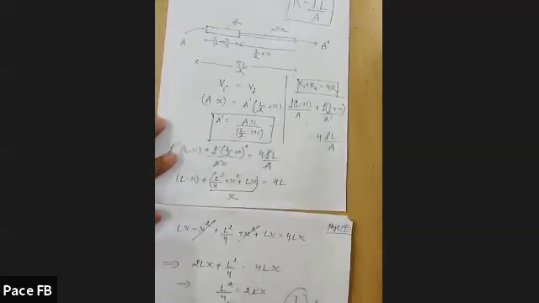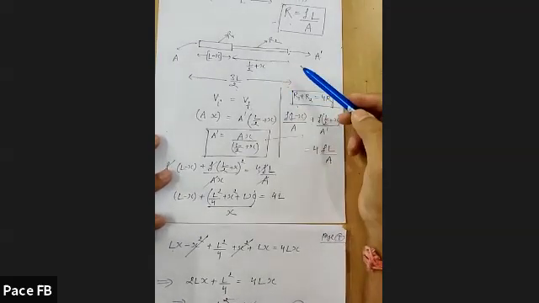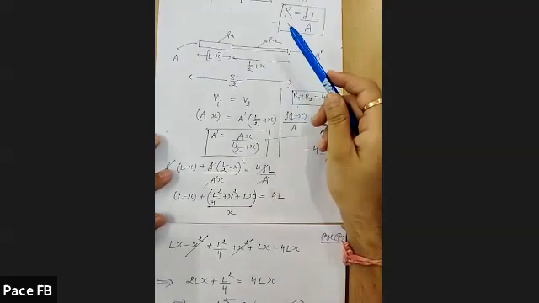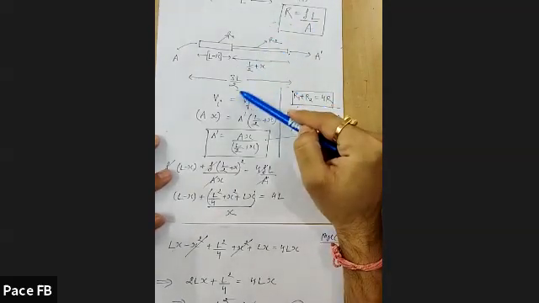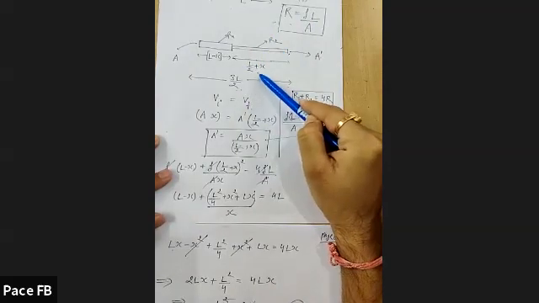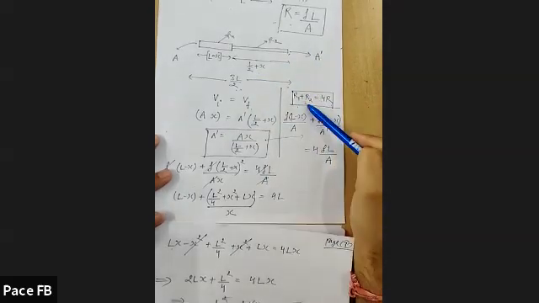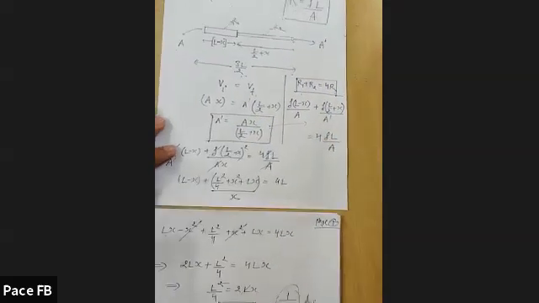So first, read the question carefully, understand the question, and accordingly draw the diagram so that things become easy for you and you can solve the question easily. We stretch a fraction of the length till 3 by 2 times the initial length, so you can easily get the length of the stretched part. Area will definitely change to A dash. You can apply volume conservation to get A dash. And now R1 plus R2 is given as 4 times R. Put all the values and get the answer. Solve. Okay. Next.